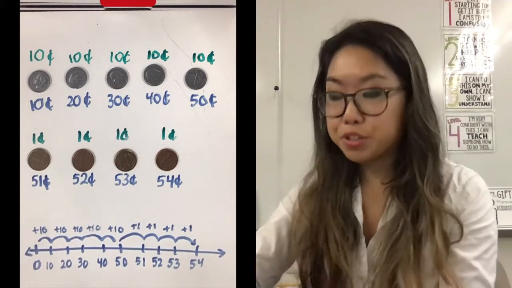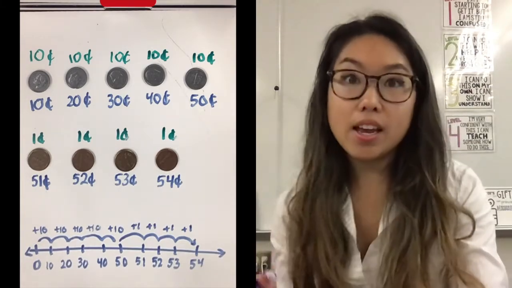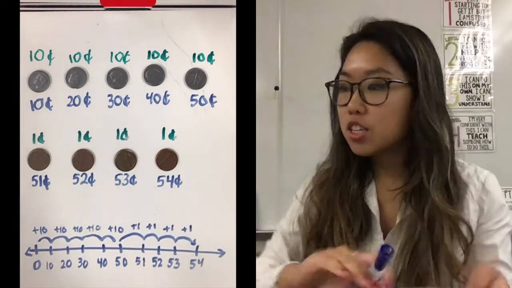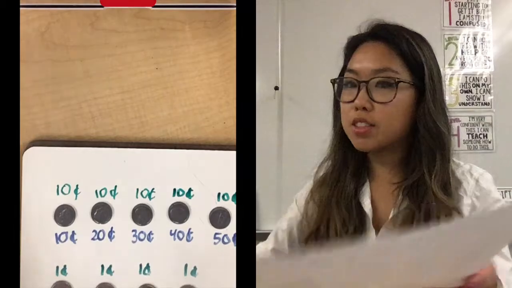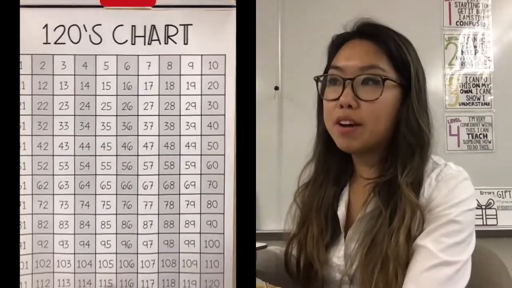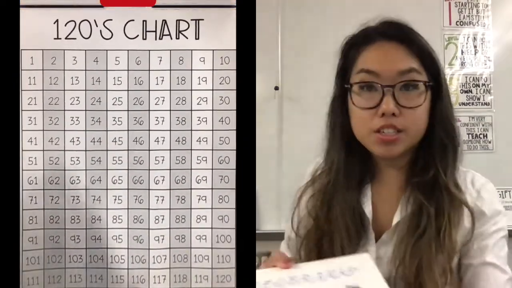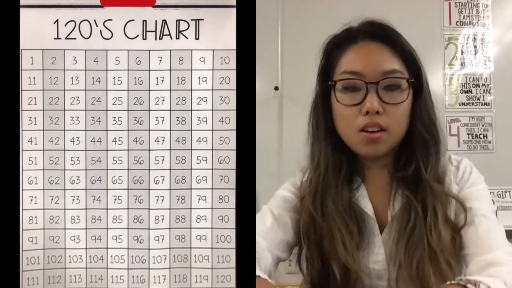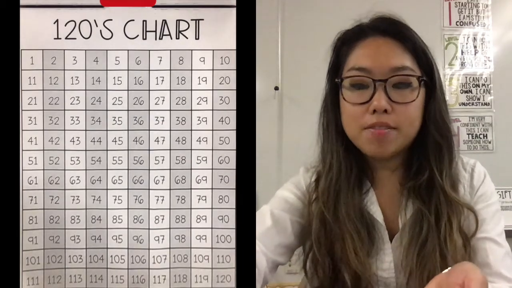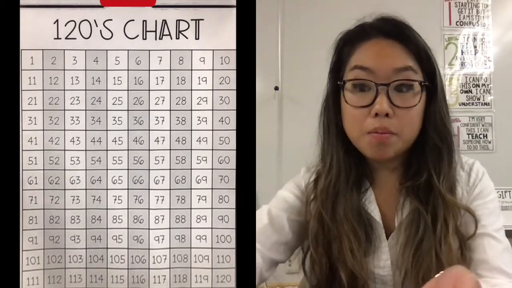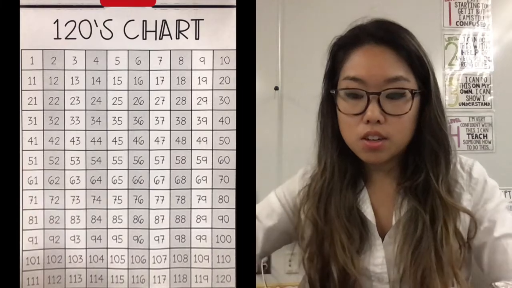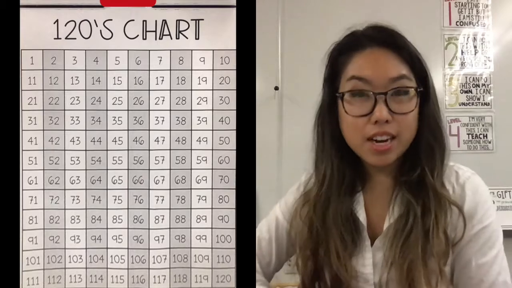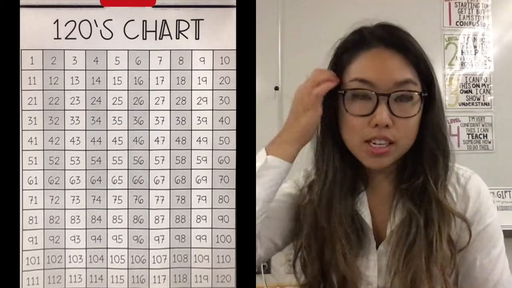Now, what could we do if we wanted to use a 100 chart? So I'm going to show you. I have my 120s chart right here. So I'm just going to kind of switch them around. If you have dimes, it might be easier, or you can use a pencil to help you keep track. So if I have my coins in front of me, I can put them on the 100 chart, and I can show. On your exit ticket, you're going to see you could circle each one of the coins